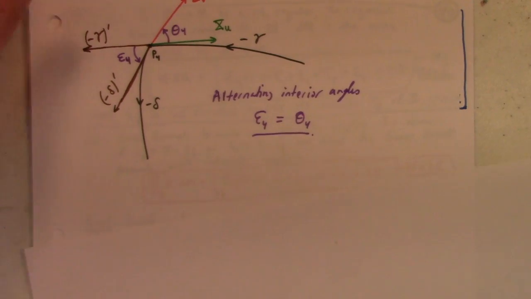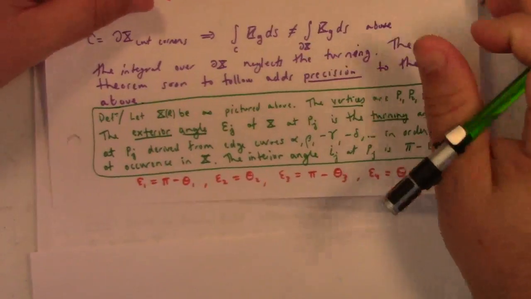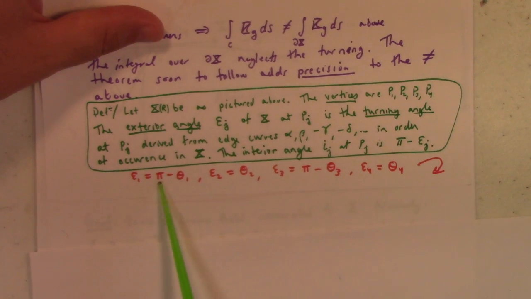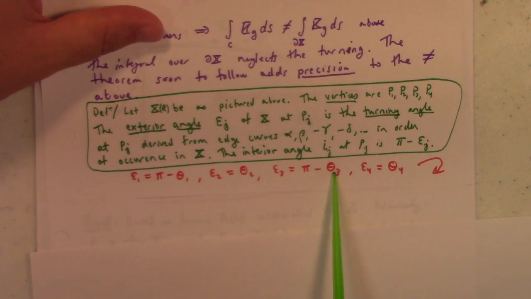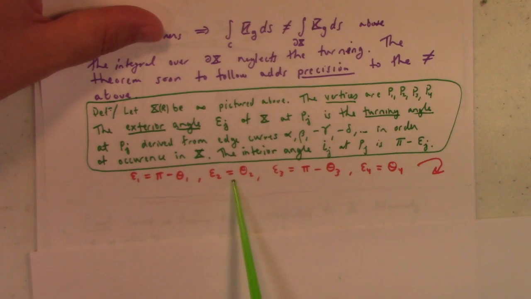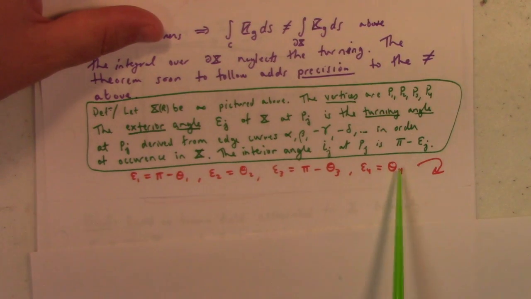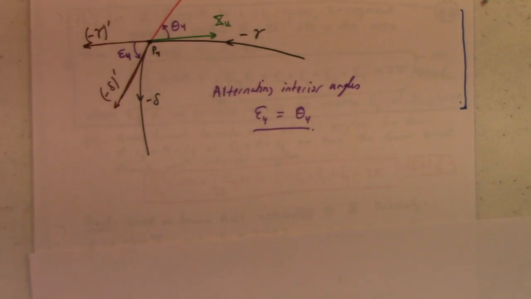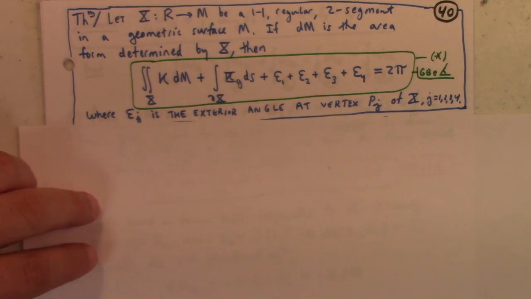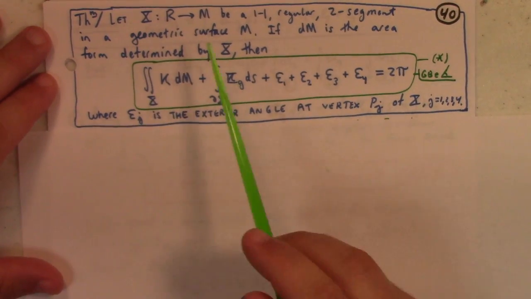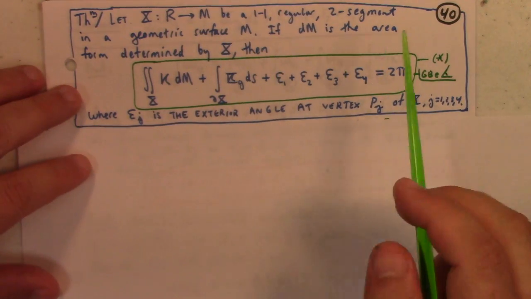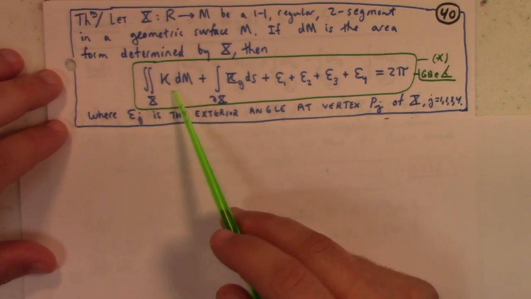And so similarly, you can prove, as I was mentioning over here, that epsilon 1 is equal to pi minus theta 1, epsilon 3 is pi minus theta 3, but at those other two edges, because of what we just saw, epsilon 2, the exterior angle, is equal to the angle between xu and xv in those cases. So, sorry, there's a lot of things going together here, but once it comes together, you'll like what we find. So we have a regular one-to-one two-segment in a geometric surface M, dM the area form. All this notation put together, if we integrate